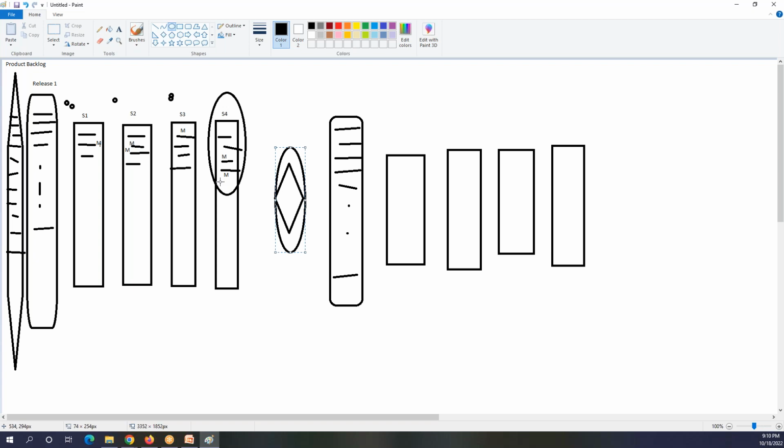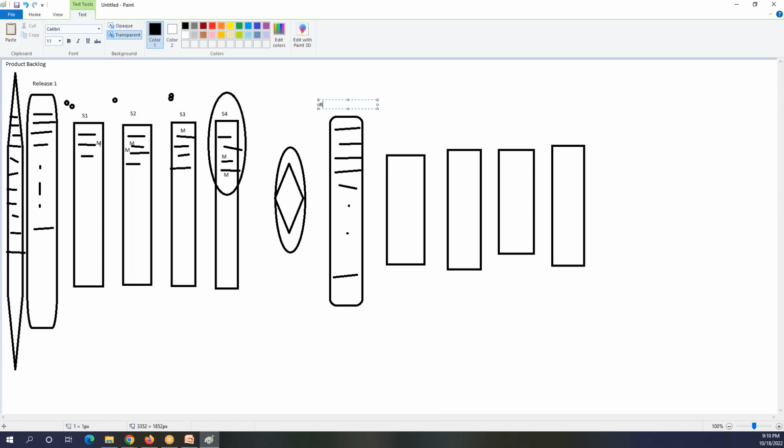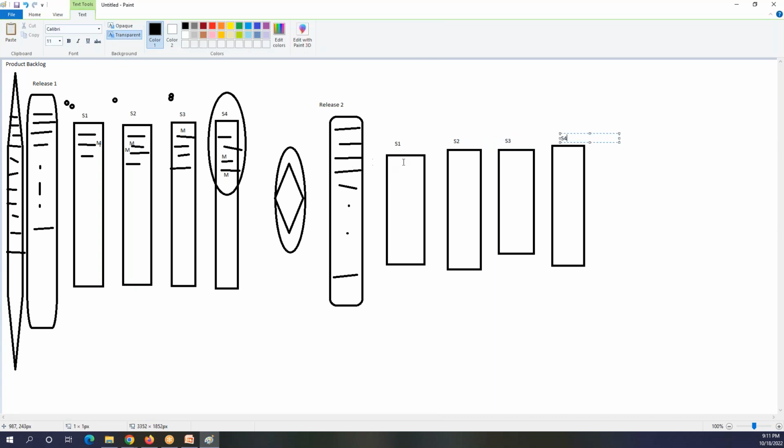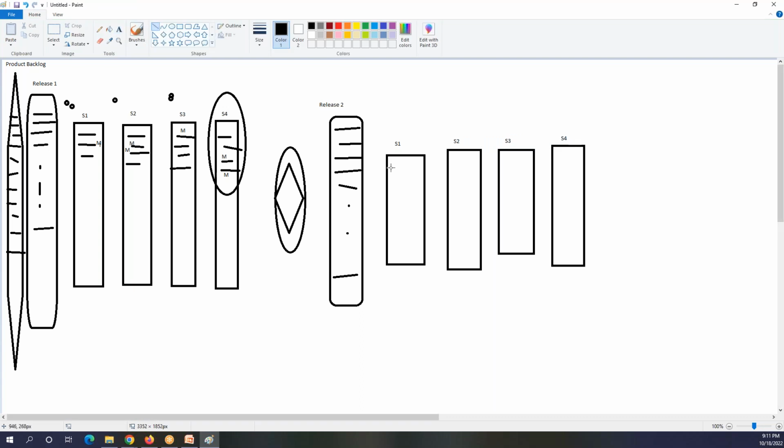Okay, so now let's do this one here again. So we are here in release 2. In release 2, I have sprint 1, sprint 2, sprint 3, sprint 4, and in sprint 1, I have a couple of test cases.